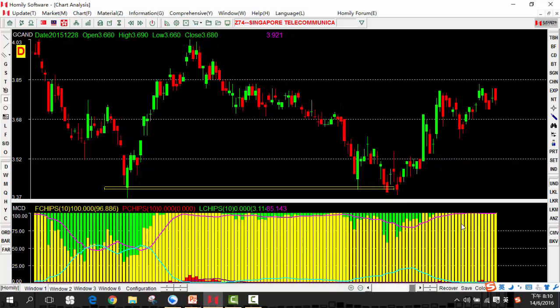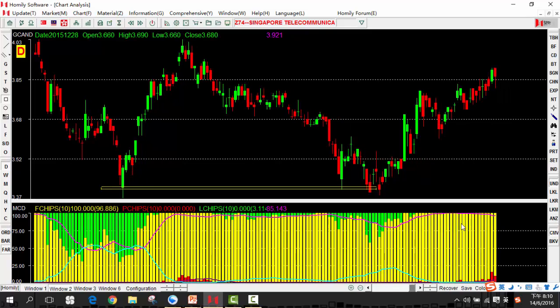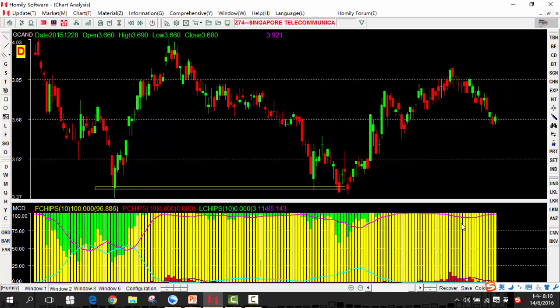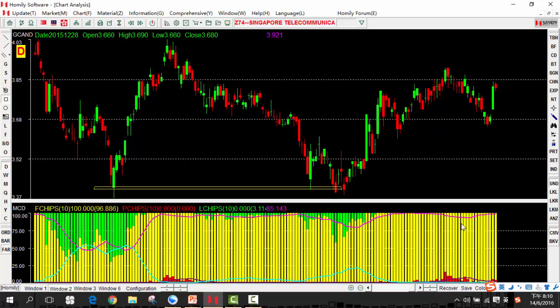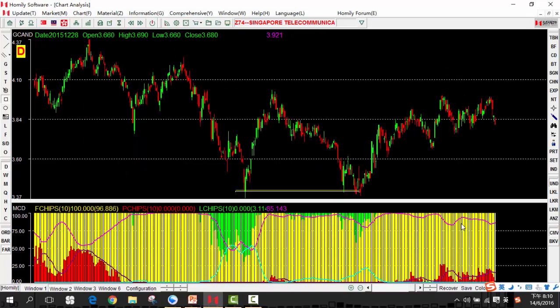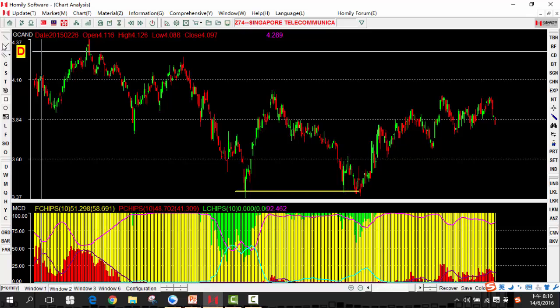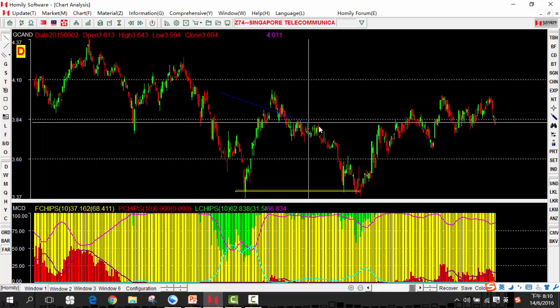Which pattern? This is like the double bottom, right? The double bottom. But where is the neckline? If you want to know whether this is a bottom reversal or not, where is the neckline? You should draw the neckline, right? Okay, so how to draw? Here